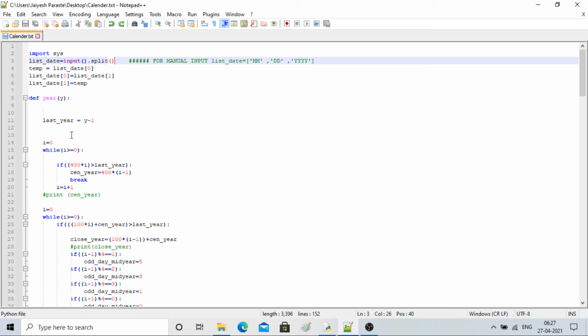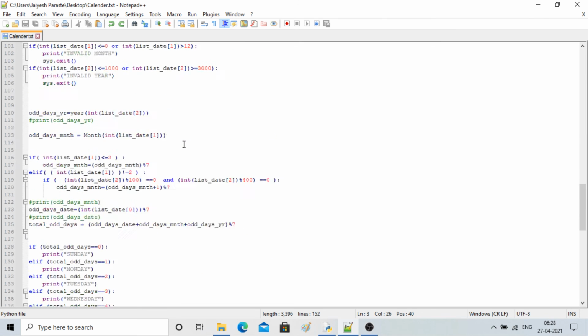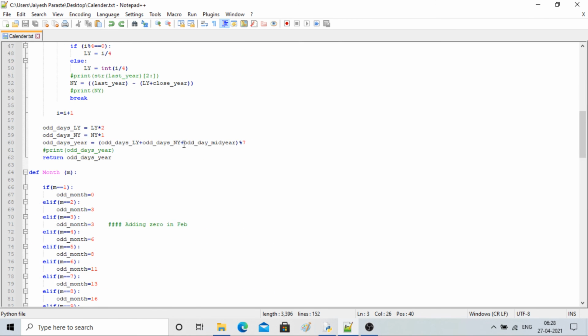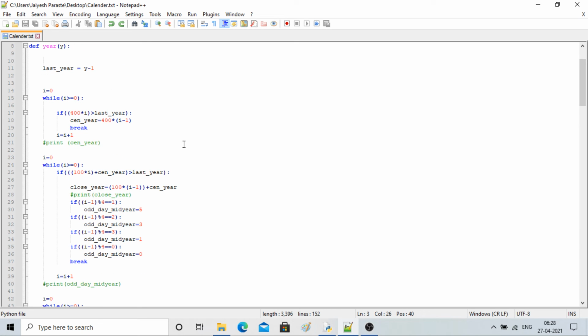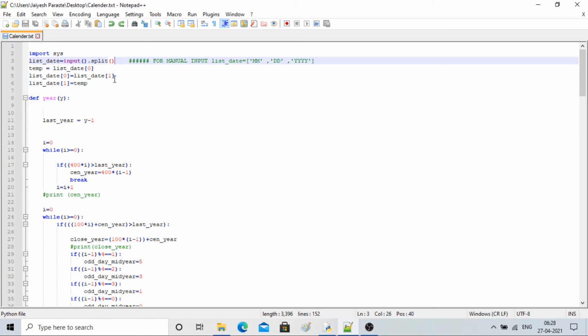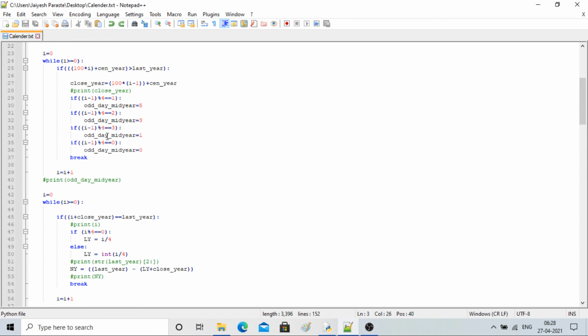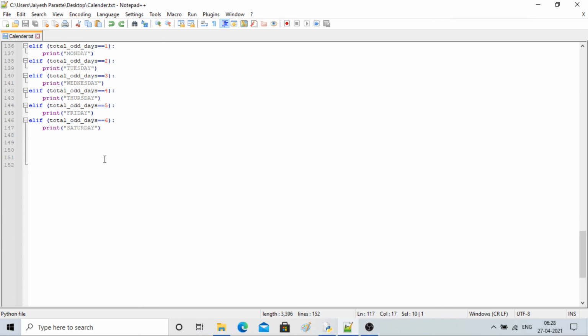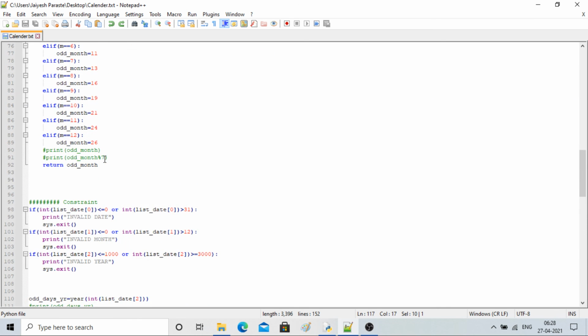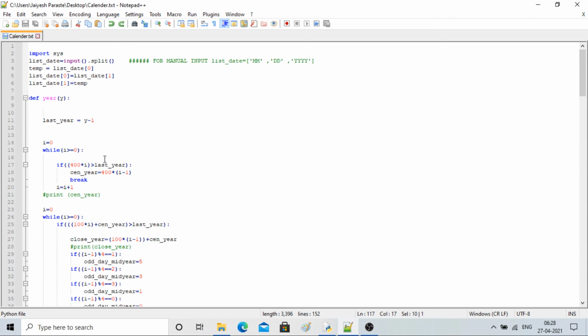Just wanted to tell you to use Notepad++ and how it should look, and you can play around with the code. If you feel that you can optimize it in a much better way, then you are most welcome. I'm not a professional coder, or from a computer science background, so pardon my variable naming and all. I'm not that experienced. Maybe you will come up with better names or a better algorithm, then it is yours now.